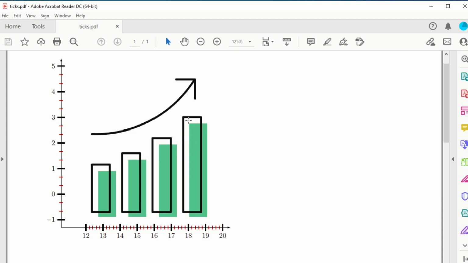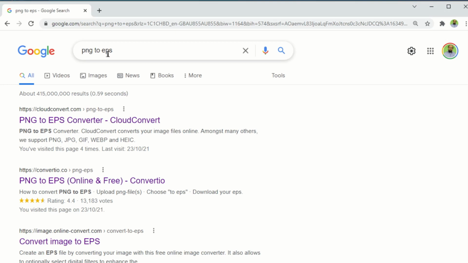Now this image is in PNG form, and what you can do is type PNG to EPS in Google and you will see these few image converters. This first one, cloudconvert.com, allows you, I think, 1 or 2 conversions per day. But if you use the third one, you might be able to do a little bit more conversions.